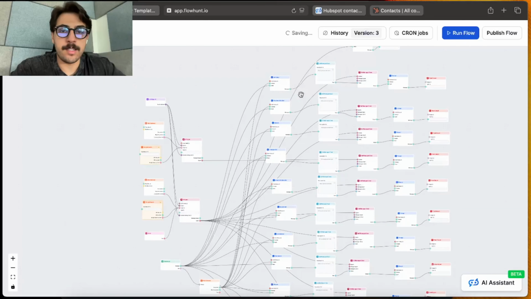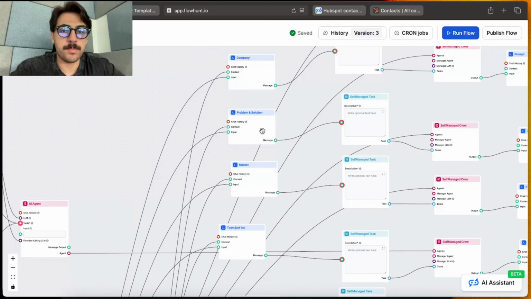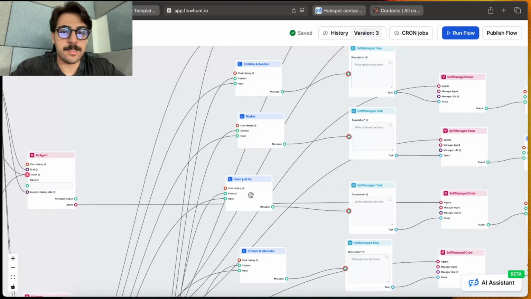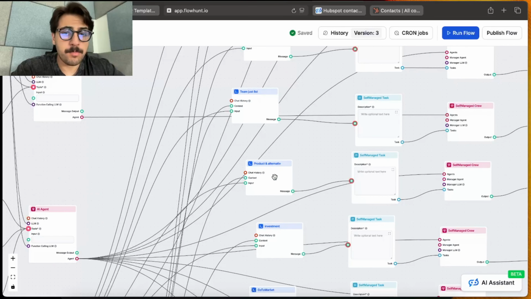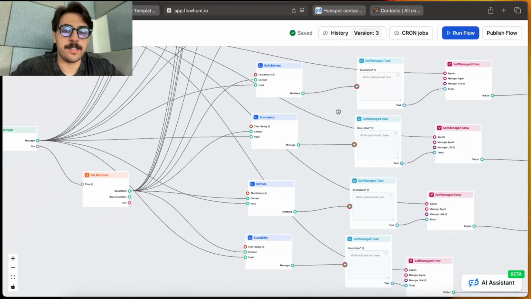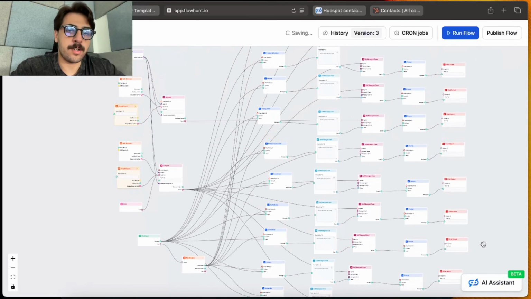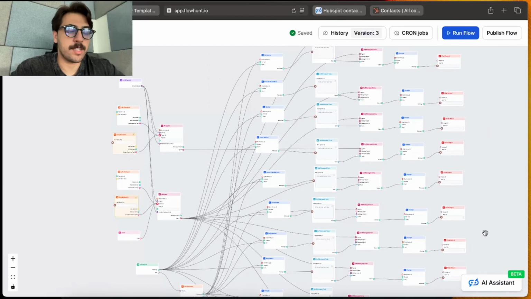So yeah, each of these prompts focus on one thing: company, problem and solution, market, team, just list, product and alternatives, investment, go-to-market, economics, and climate and scalability. So each of those parts are generated separately to give us a very full and rich report on any company